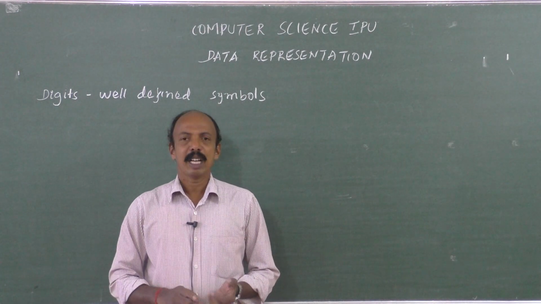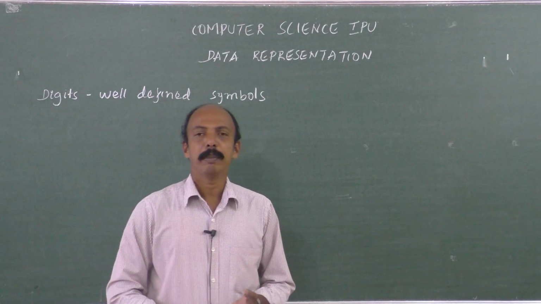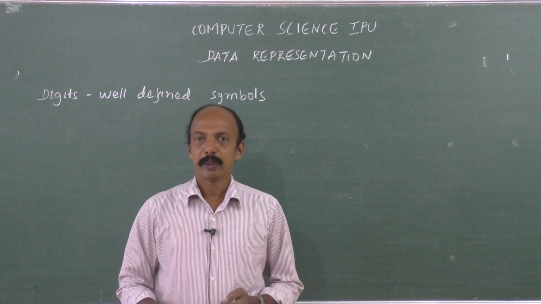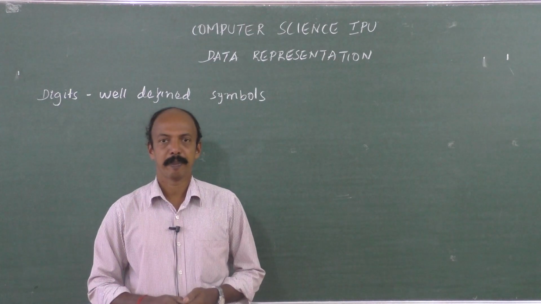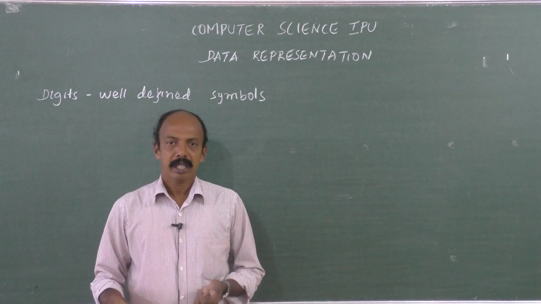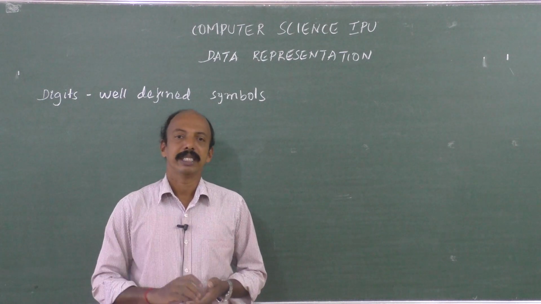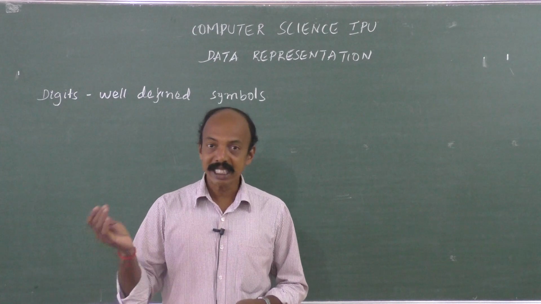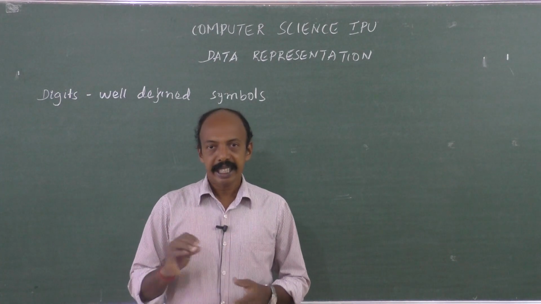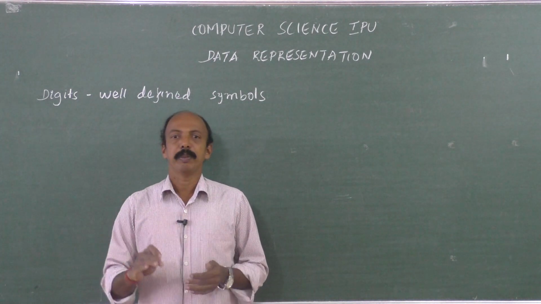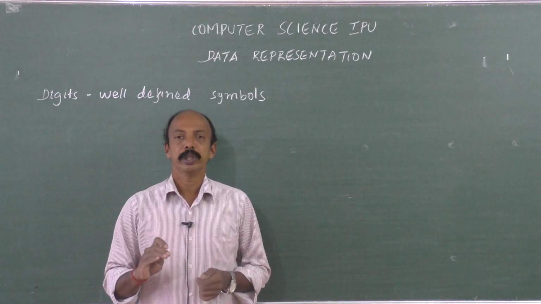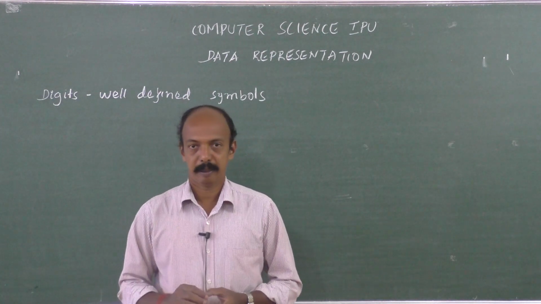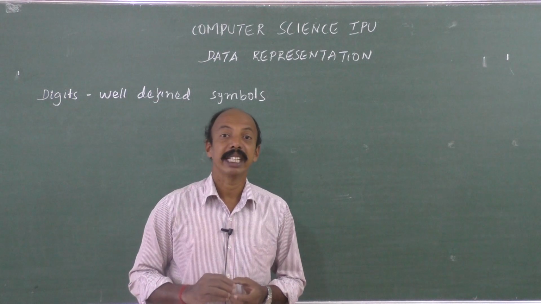Anything, for example, a number, it may be roll number, name, place, or anything which is given to us, which has to be stored in computers. In human beings, we store everything in our brains, but in computers it has to be stored somewhere so that we can access it later. The data or information which has to be stored in the memory will be stored in the form of zeros and ones. That's why we call it data representation.